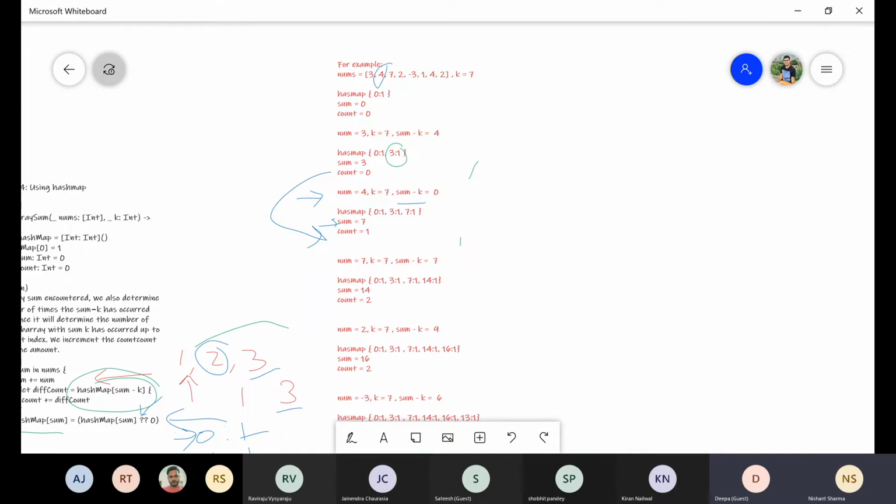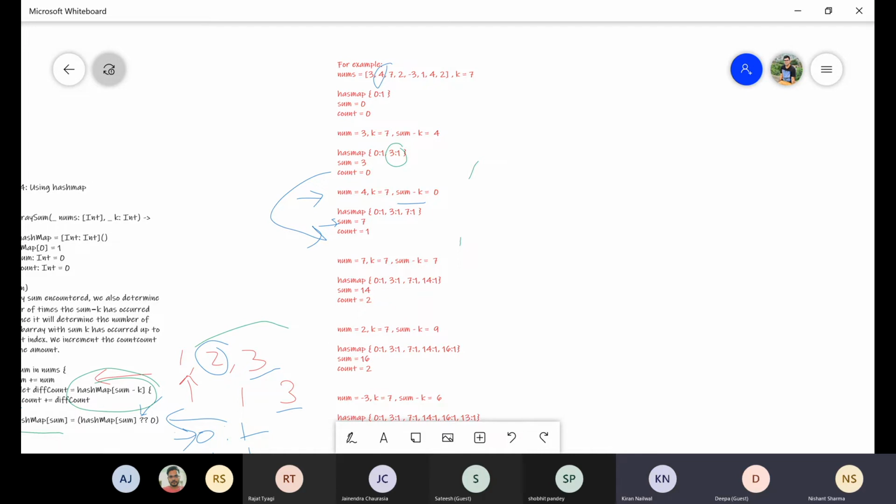But when you try to search sum minus K, it is trying to check whether there is any previous subarray whose sum is equal to sum minus K, which can constitute to a K equal to 7 sum. Because when you are trying to consider the current value, you need to check the previous subarrays also. So whether any previous continuous subarray is constituting to your solution. If yes, then only you increment the count, else you do not increment the count. That's the logic in the program.